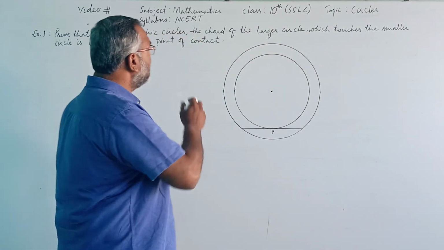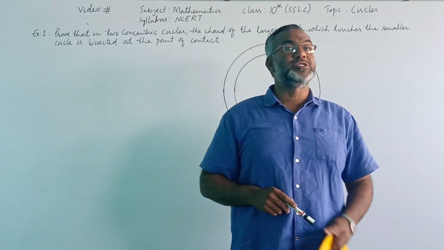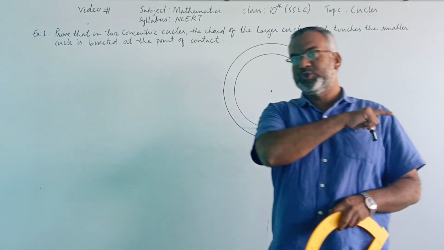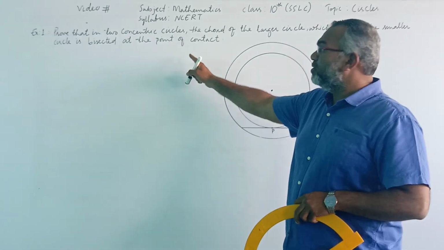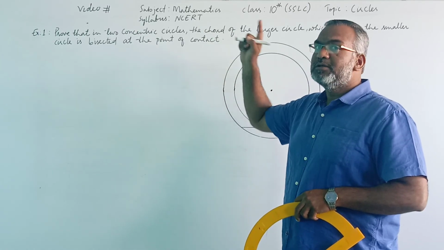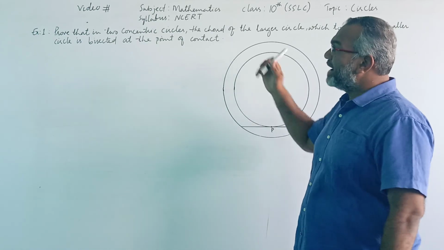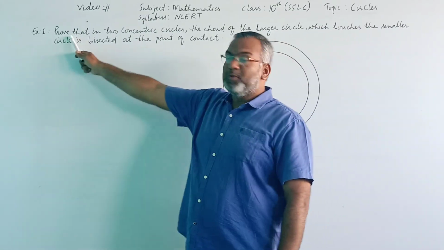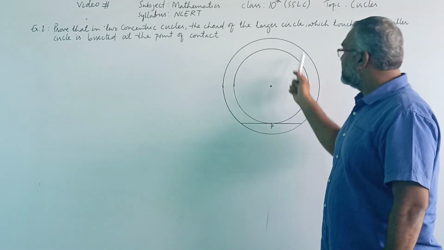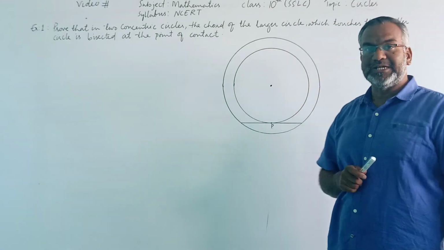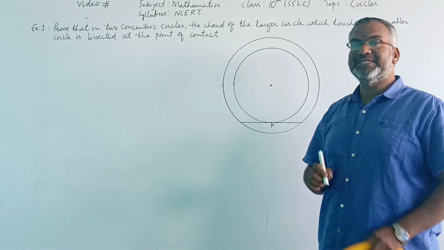Now the example is after theorem 4.2, which I explained in my previous video. It is an example based on the two theorems which we studied, 4.1 and 4.2. The example says, prove that in two concentric circles, concentric circles meaning two circles having the same center,